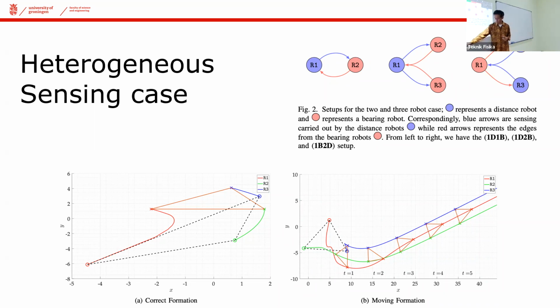So in the bottom right, when we start from this dashed line triangle, it converges to the wrong shape. And not only does it converge to the wrong shape, the shape is constantly moving in a certain direction. And that direction is dependent on the initial conditions. So this shows that you could implement different types of sensors, but please be careful. And it is still widely open.